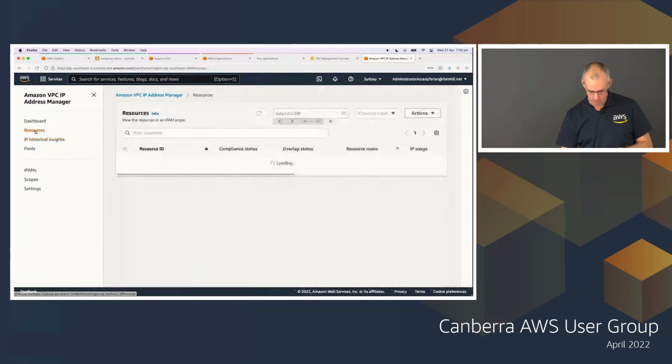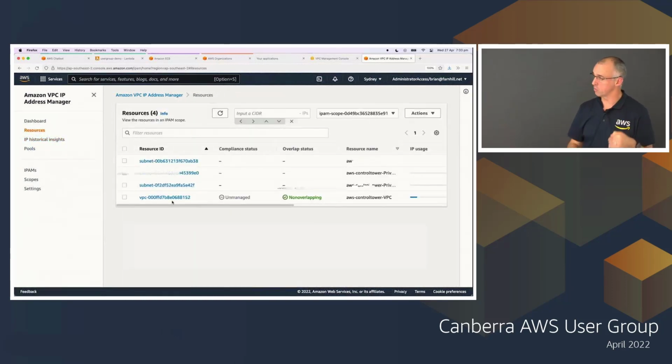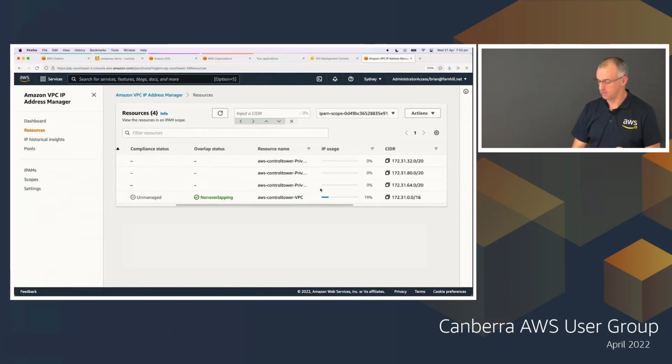But importantly, it shows you all the resources that are in there and things like what's actually in use at the moment. So it's a very quick way to get a view. And if you imagine this scaled out across a decent sized organisation, it's a way to get on one single view a view of where you've got VPCs that might be running out of IP addressing and where you've got space to take action. But one of the really, really neat things about this is it gives you the freedom